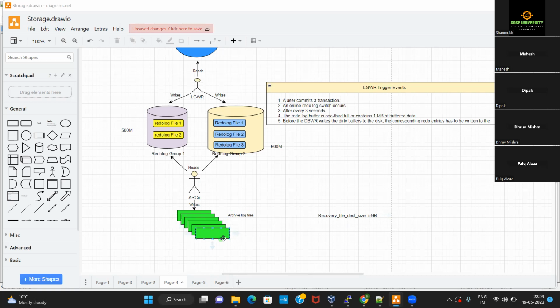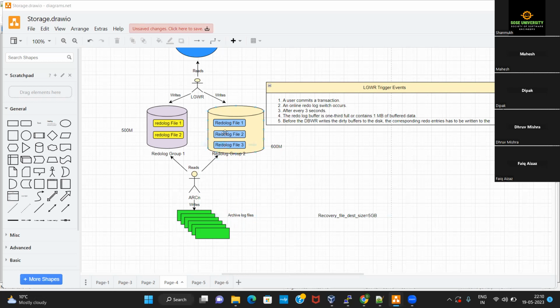If the archiver process is not able to generate the archive log files, it will stop working. If it stops working, that means in your database you will not be able to process any queries.